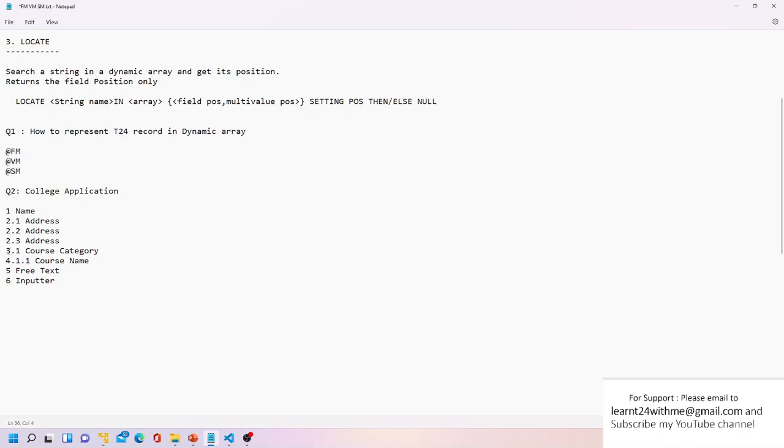If you see here, 3.1 is course category and 4.1.1 is course category. So this is also one multi-value, just assume. If I click some plus sign here and expand this, it will be like this. So we'll have 3.2 here and we will be having 4.2 here. I hope you understand. One more thing: 3.1 course category and 3.2 course category